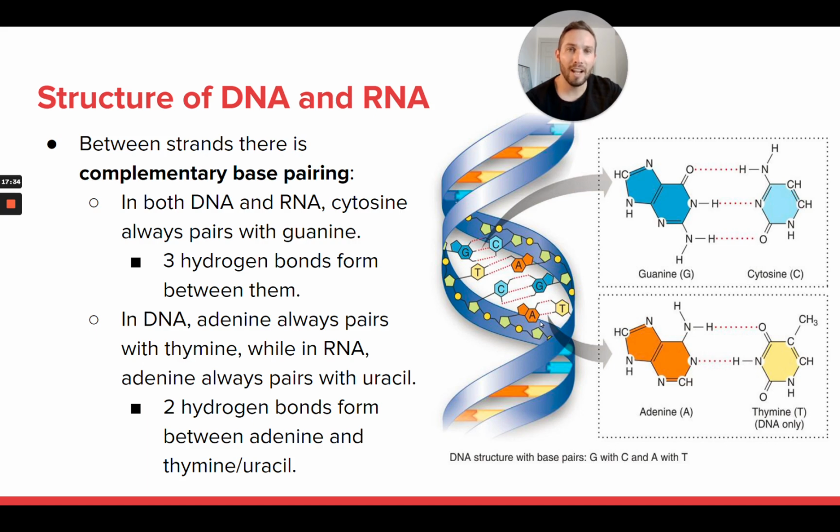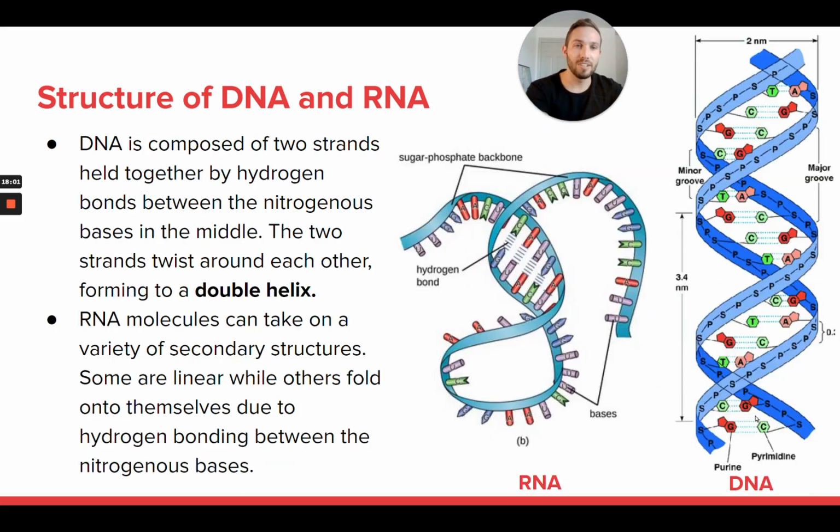But if this was RNA, and I forgot to mention this earlier, so that's my bad. In RNA, there is no thymine. So in DNA, you're going to see guanine, cytosine, adenine, and thymine, these 4 nitrogenous bases. But in RNA, you'll also see guanine, cytosine, adenine, but you won't see thymine. Thymine's only in DNA. RNA, instead of thymine, has a nitrogenous base called uracil, which, if I go back to